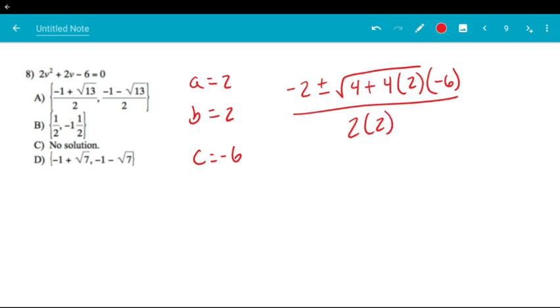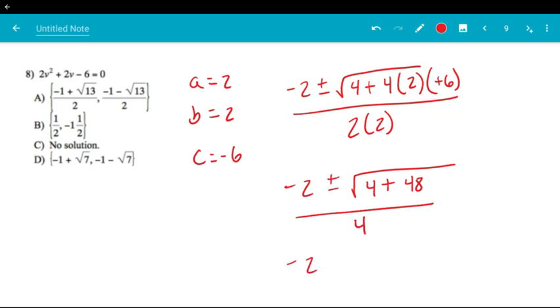Again, I'm going to do my little simplification there. Just keep going. 6 times 2 is 12. 12 times 4 is 48. All over 4. And then this is maybe what the majority of you got as an answer, which is correct,